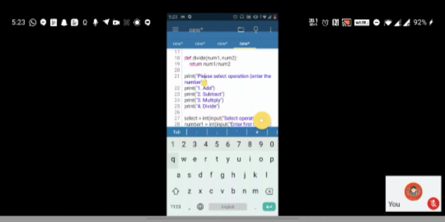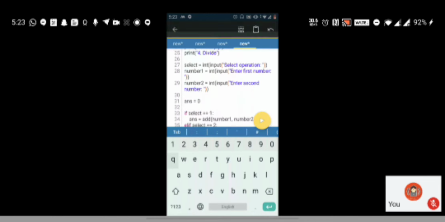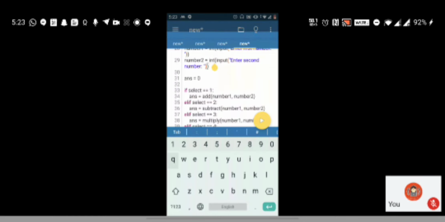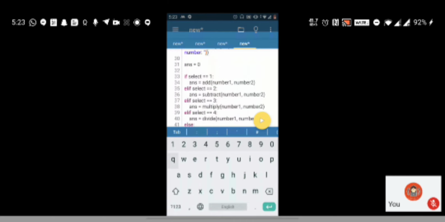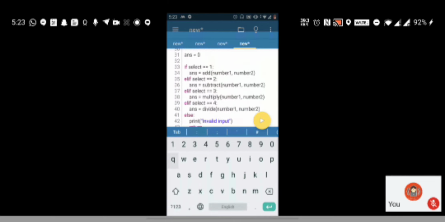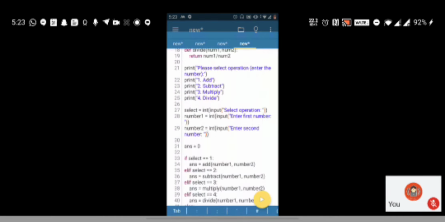Again, taking the operation and the input numbers is also something you cannot shorten. And finally the if construct you cannot shorten either. So I guess there is not much scope to shorten it anyway.